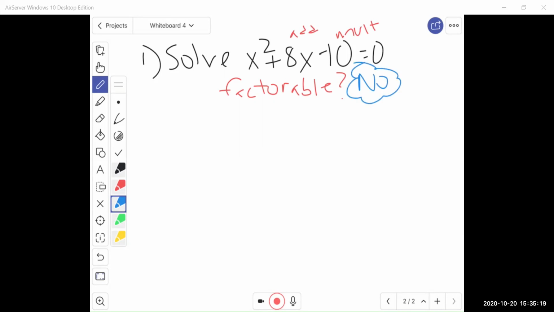So if we have a quadratic that's factorable, that would be our go-to route. But it's not factorable, so we don't have that option. So this is when completing the square might come in handy. So in order to complete the square,